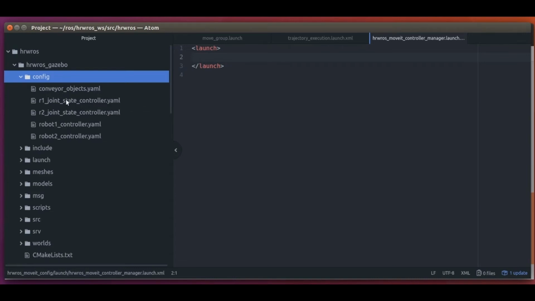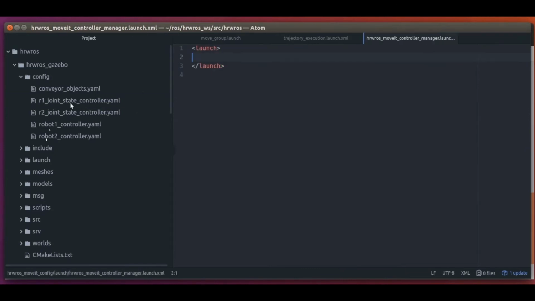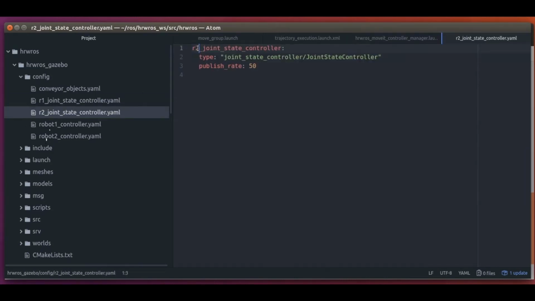And as you can see, there is one joint state controller for each robot and one controller for trajectory execution on each robot. Let's first look at the joint state controller for robot 1, which is called r1_joint_state_controller and has the joint_state_controller type. And the same for robot 2, just with a different name.